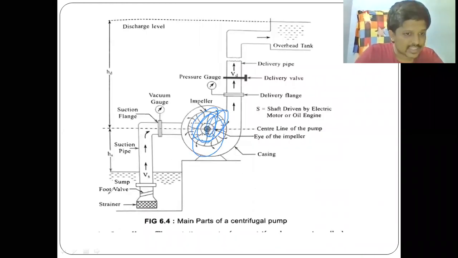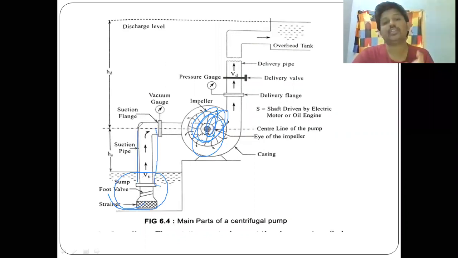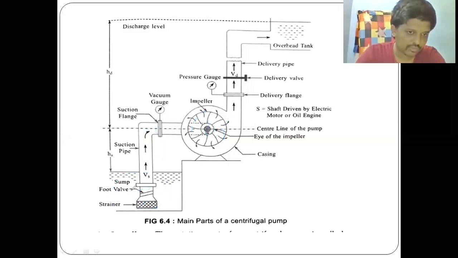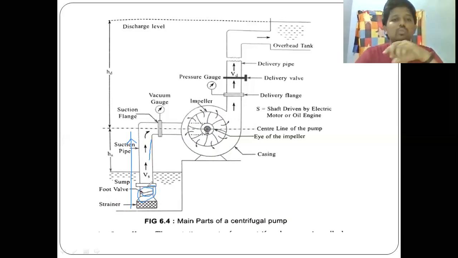By creating some centrifugal force, water from the sump starts rising here. Now the water from the sump will start rising. How this exactly happens is that we are creating some pressure difference there. By creating some pressure difference, we are lifting the water from lower level to higher level, and this is our suction pipe. This footwall, as I already explained, is meant for only one directional flow. That means water moving upwards cannot come downwards again. This is the valve in which water can only flow in one direction. So water is lifted in the suction pipe.